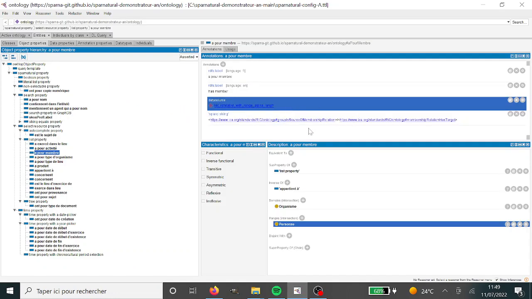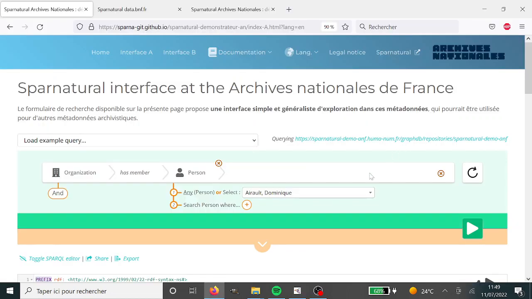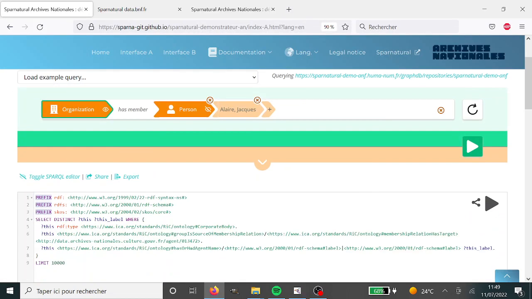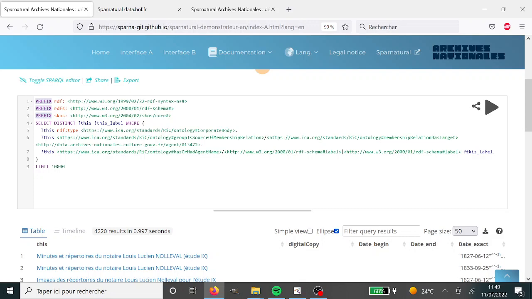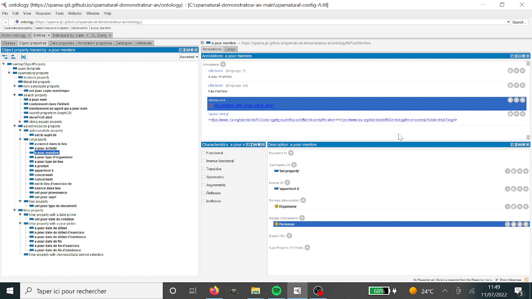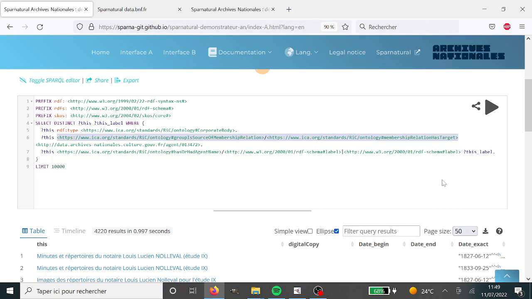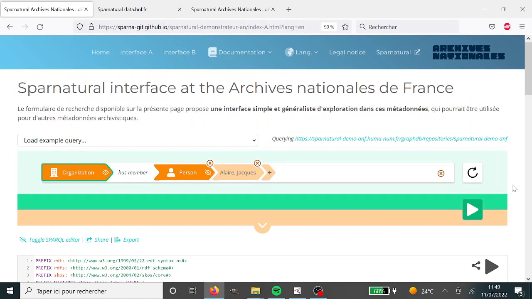So this is generating a path to traverse the group as source of membership relation and then the membership relation as target. And this is what we see if we generate the query here. You will see this property path inserted here. So in effect, Sparnatural first generates a query based on the ontology with which it was configured, and we can actually see that